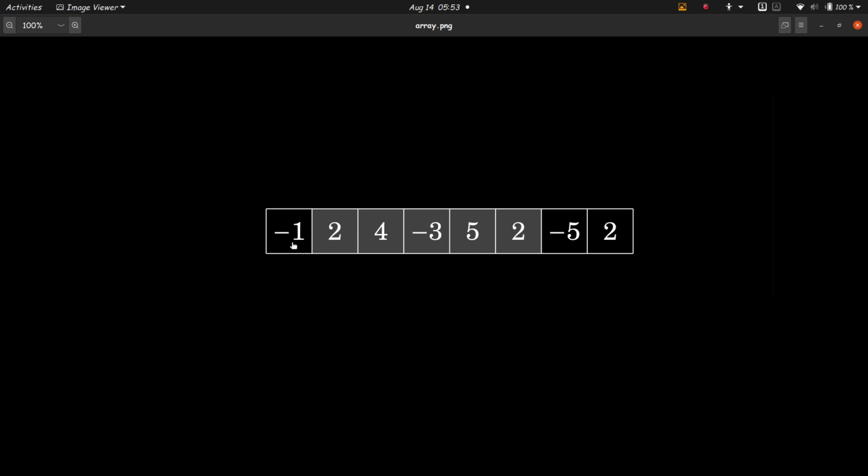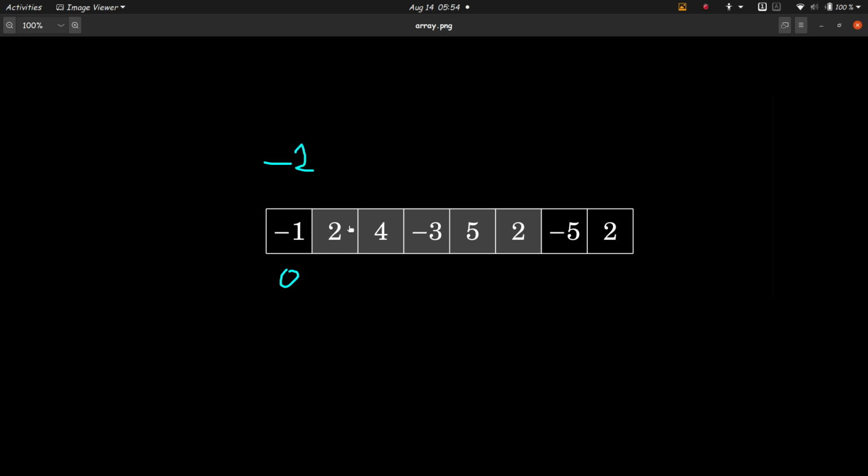Or in other words, let's assume that we want to end our subarray at the first index, index 0. So we want to end it here. So what would be the maximum sum if this were the ending index? It would obviously be -1, right?